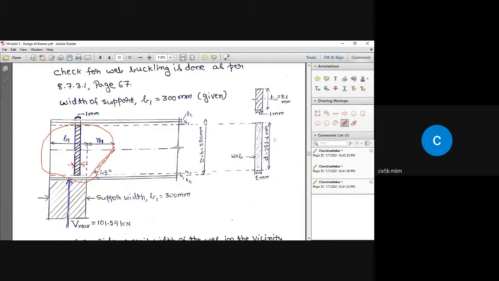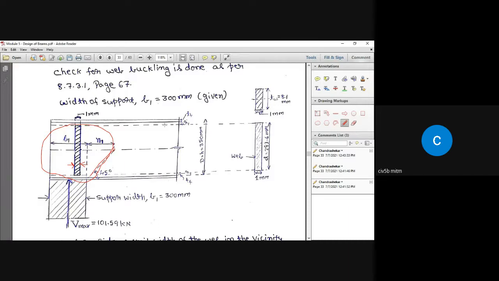So this is the height. Small d is the height that is measured from this edge where the thickness equals the thickness of the web. Above that the thickness increases. Below the dotted line, the thickness is going to remain uniform at 8.1 millimeter. Similarly, at the bottom. So then what is small d?